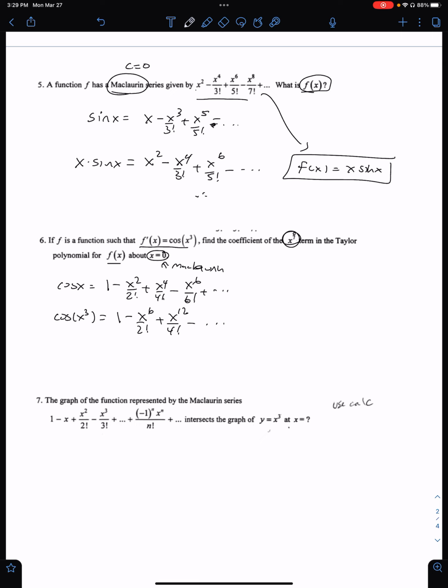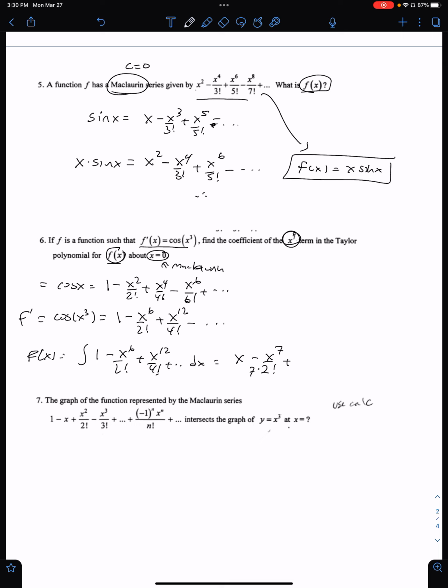I'm already beyond that. But be careful, I want f of x. Remember, this is f prime. So to get f of x, we would integrate this: 1 minus x to the 6th over 2 factorial plus x to the 12th over 4 factorial plus dot dot dot, dx. And if I do that, what are we going to get? We would get x minus x to the 7th over 2 factorial